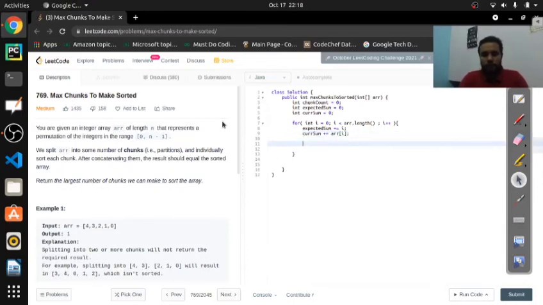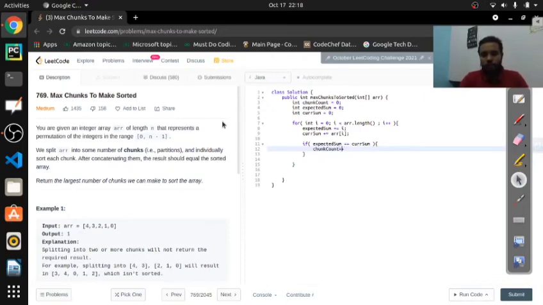At last we have to just check if expected sum double equals current sum. If it is equal, then simply increment chunk count with plus plus.